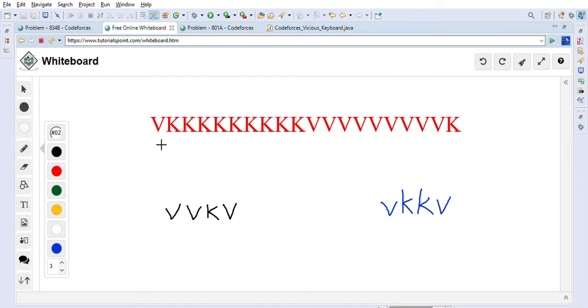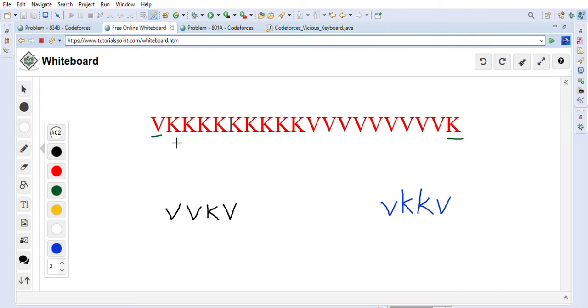First thing we have to do for sure is go through all the characters in this string. From this character we will start and go until this character, one by one in a for loop, and we will keep going, reading each character.